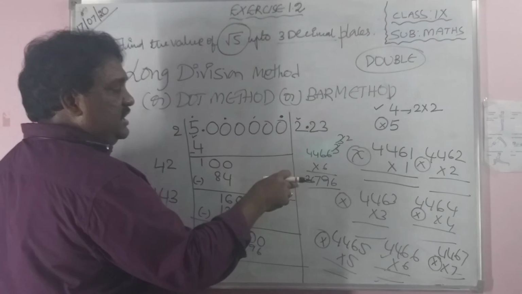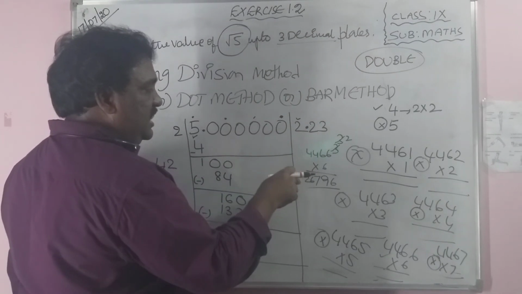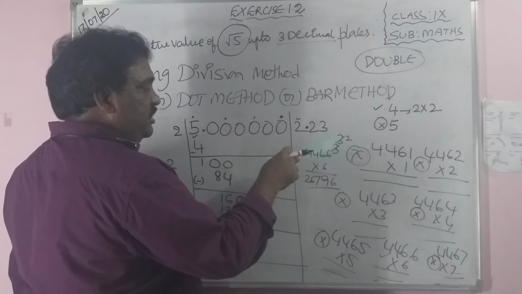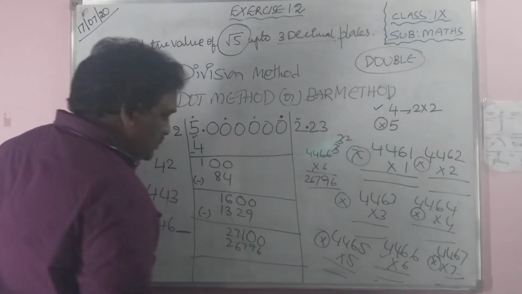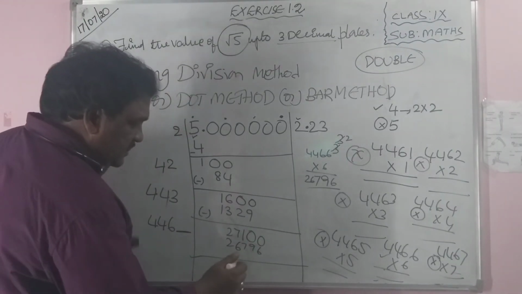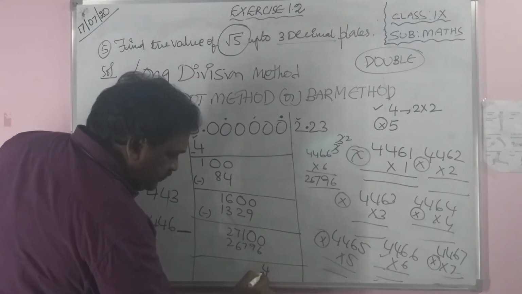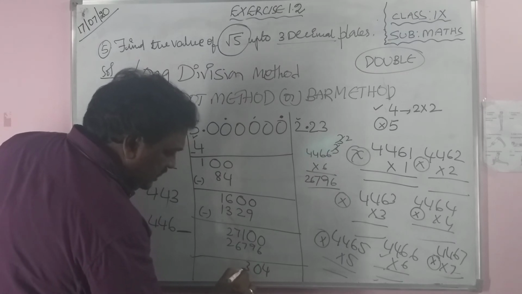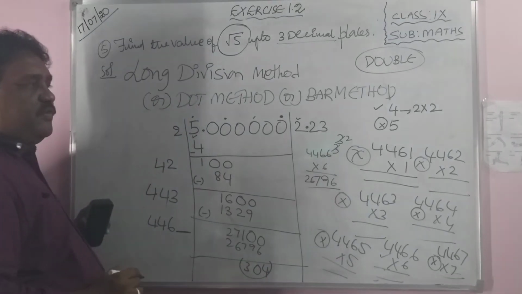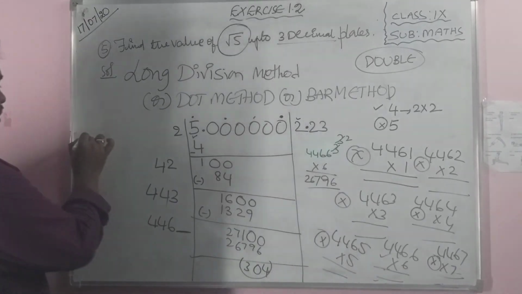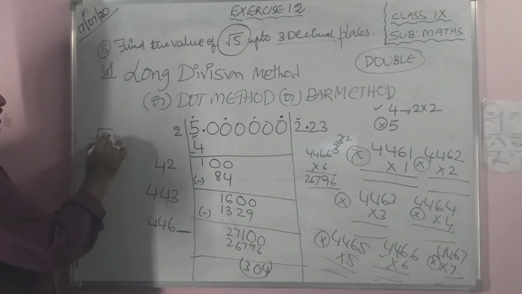Let us do subtraction. How much do we get? 403. Remainder 304. Therefore, root 5 equal to